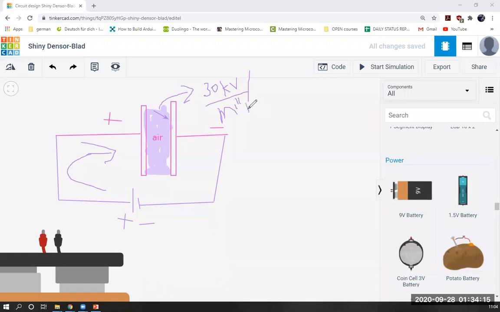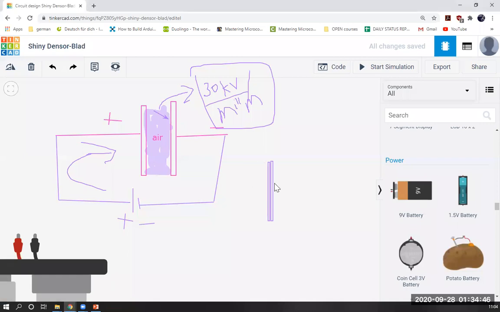So 30 kilovolts of voltage you will need if you need to pass current through this air gap. This is actually a standard figure for normal air. But this gap is actually very small, so small that we cannot even see it with our eyes. If we talk about a capacitor, they are very small. We cannot even see the gap. You cannot recognize it. It is a very small gap, like the gap we have in these capacitors. So for the sake of explanation, we have shown a big gap.